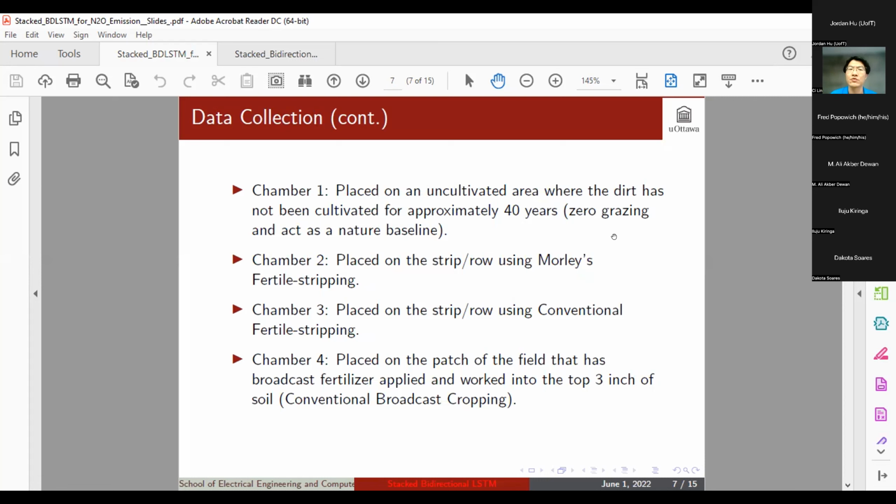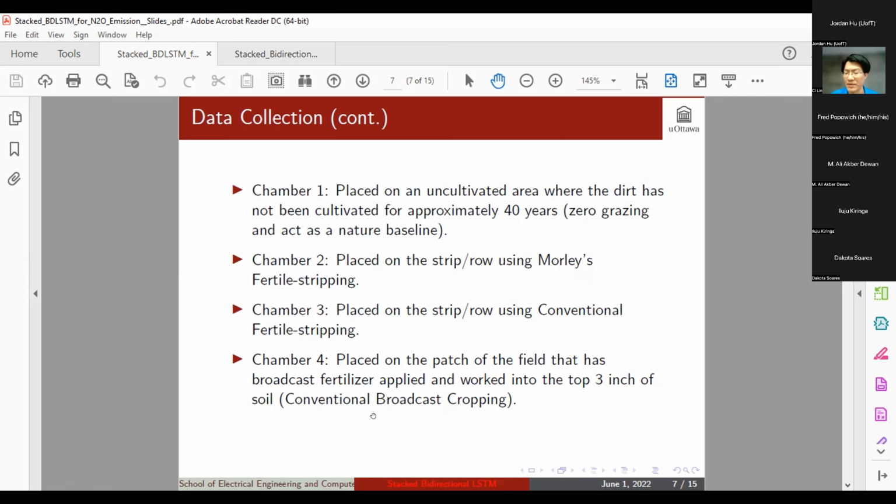And we place chamber 2 on the straight row using the more fertile stripping, and chamber 3 is placed on the straight row using conventional fertile stripping, and chamber 4 is placed on a patch of the field that has broadcast fertilizer applied and worked in the top 3 inches of soil,